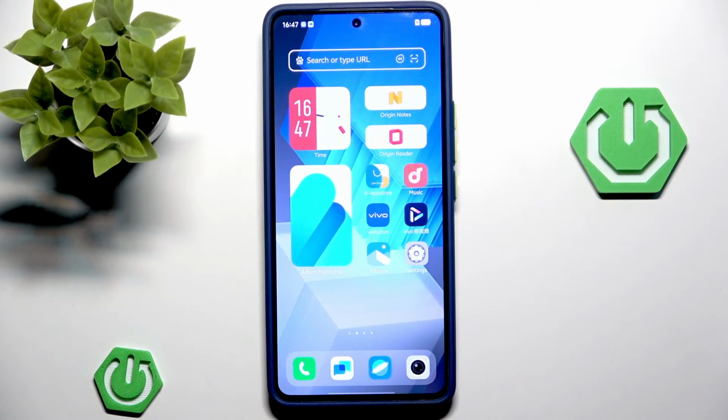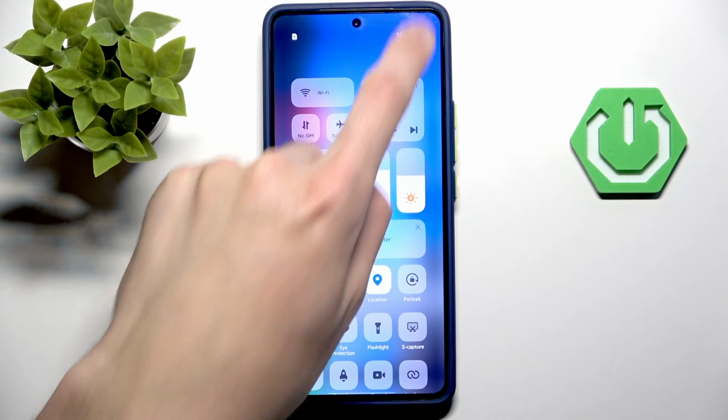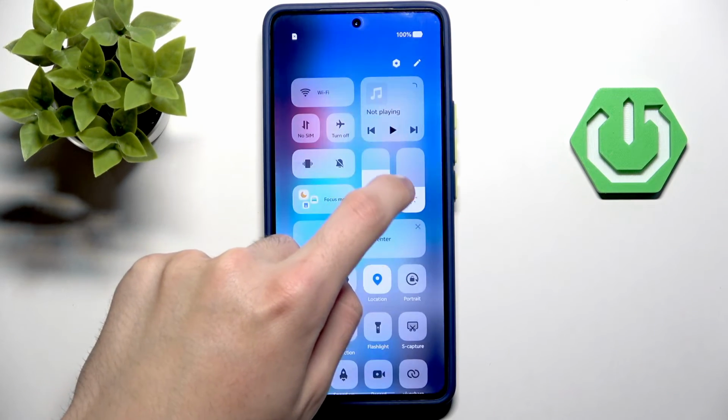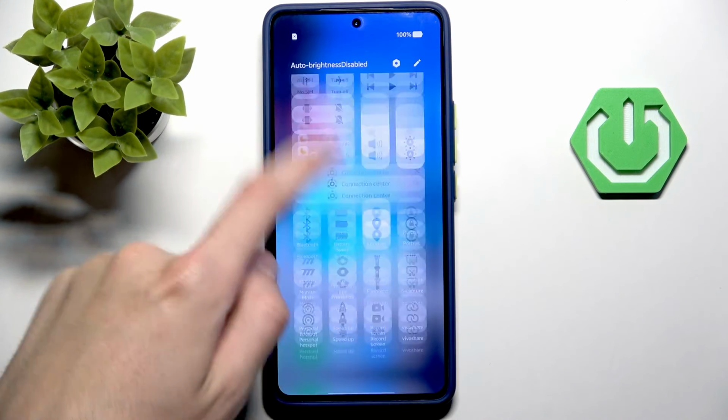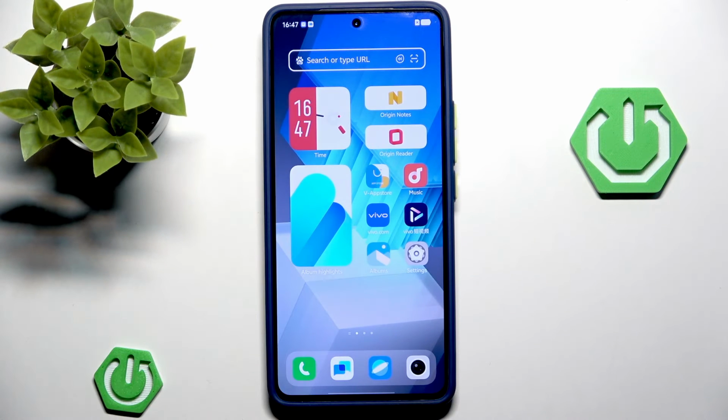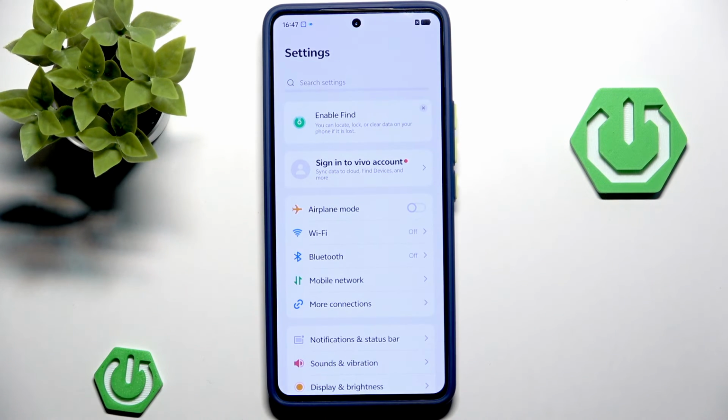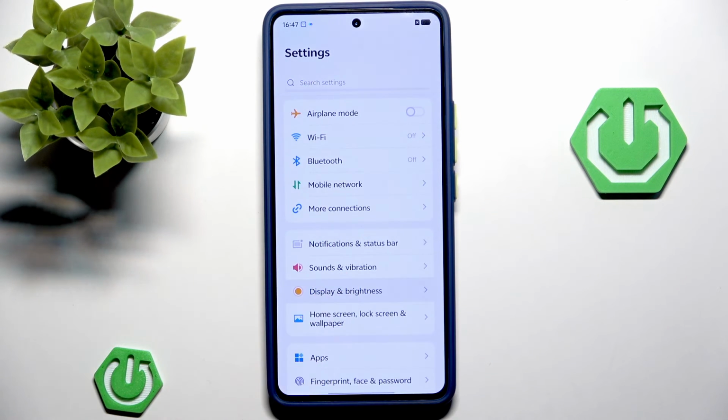So, let's start with decreasing the brightness a little bit, since it is way too bright. And now we want to change the screen timeout. We want to go to the settings. Then in the settings you can simply click this display brightness,